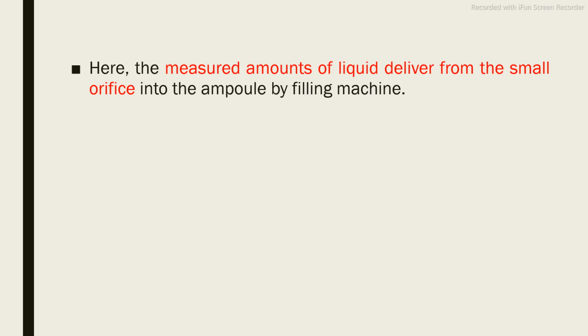When these ampoules are exposed to higher temperature for sealing, the water may get evaporated, whereas the electrolyte and the other drugs may get burned at that point. This type of black spot you can easily observe after sealing of the ampoules. So that's why the filling part of the filling machine never touches the surface of the ampoules. It must easily enter into the ampoules and then easily be removed. It is not allowed to touch the surface of the ampoules.